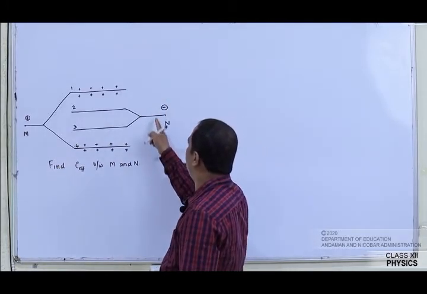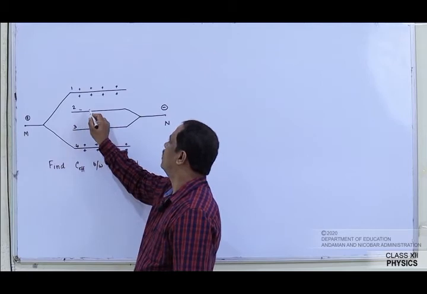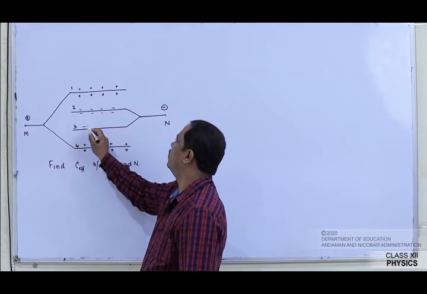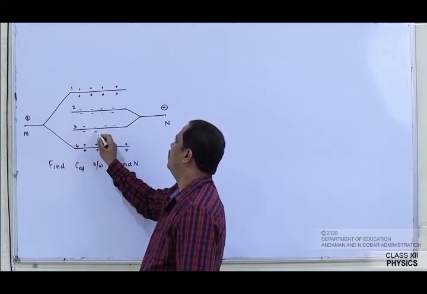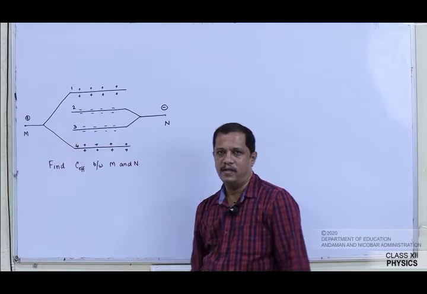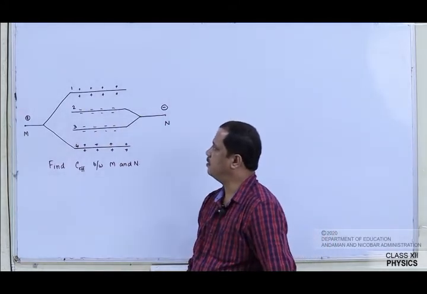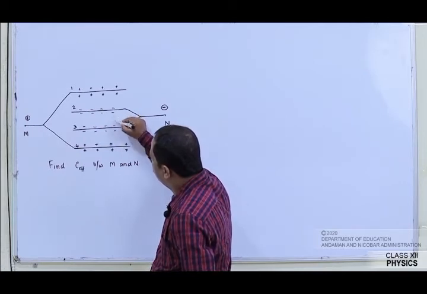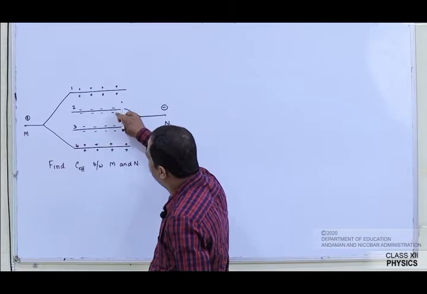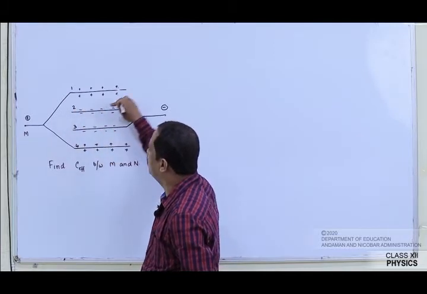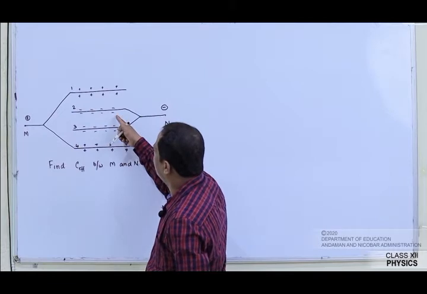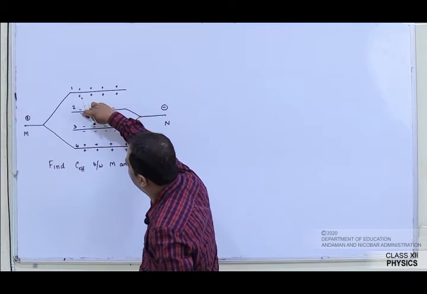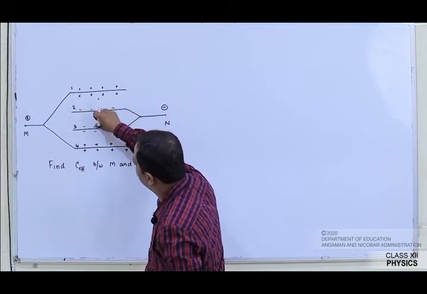Similarly, here, see please, negative charges. So this negative charge will appear here and both sides, and here both sides. Now when I see, what do I understand? If I look at the distribution of the charges, this is negative charge and this is negative charge. So they are going to repel. That means this will repel this negative charge to go and distribute on the top side, and this negative charge will make these negative charges to come this way. That means here there will not be any negative charge, and similarly here there will not be any negative charge.